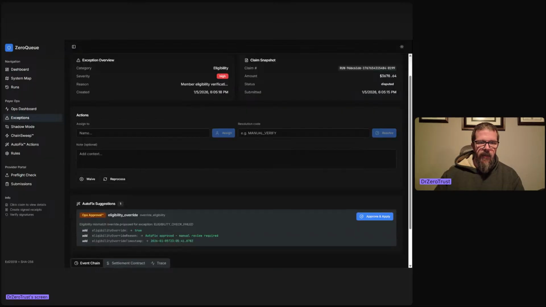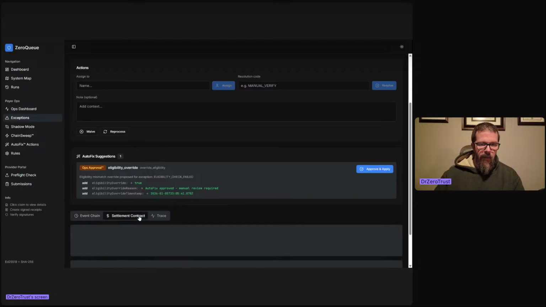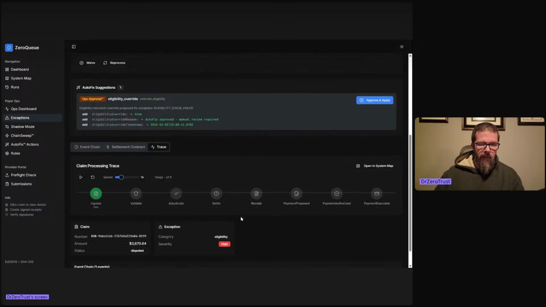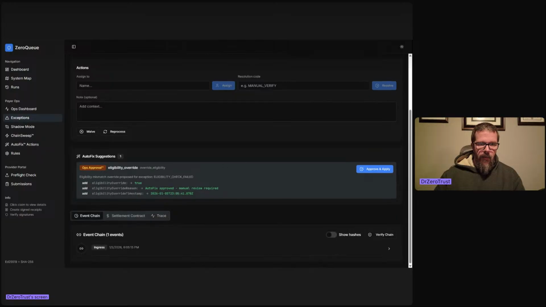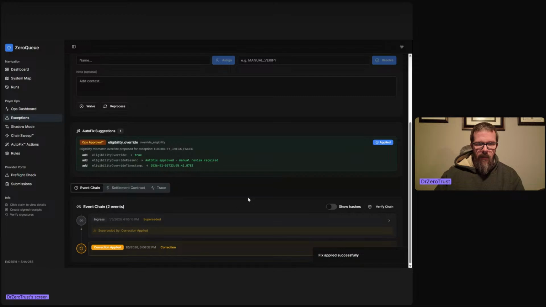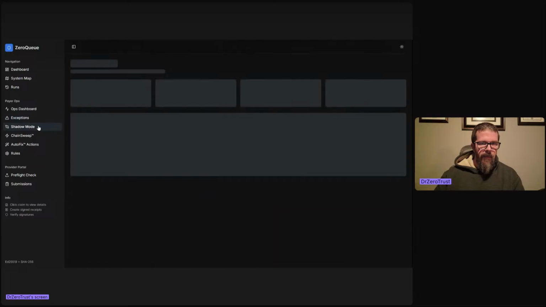You could assign this to someone in your org, and then they could do what insurance people do and basically go forward and process or whatever. And again, you get the settlement contract value and the traceability too. And then lastly, because this is where the cool side of training and ML comes in, if somebody says, yeah, everything's good, it was just a goof up and we should approve this, all they gotta do is approve it and then it's done. And the great thing is we've created a correction inside the blockchain. And now this is getting better as things go forward. And we can just track it through there.